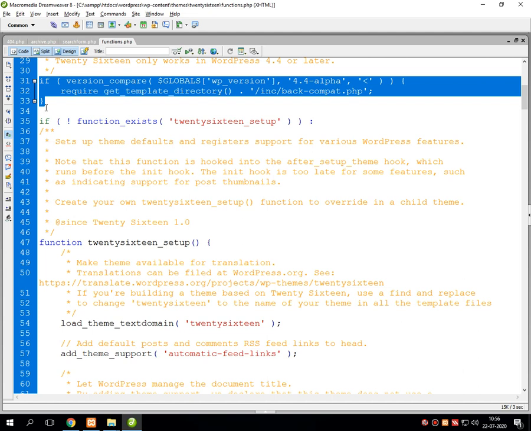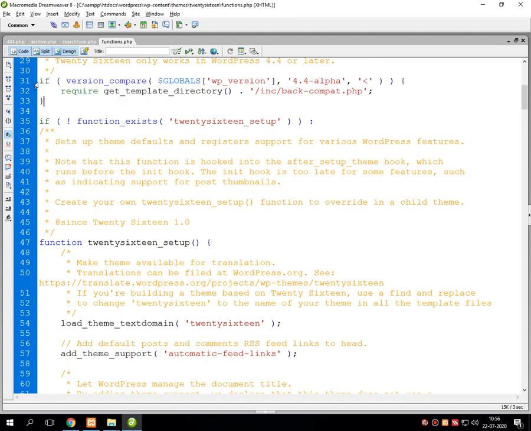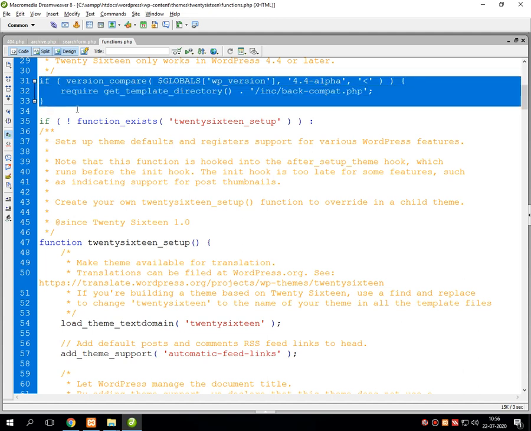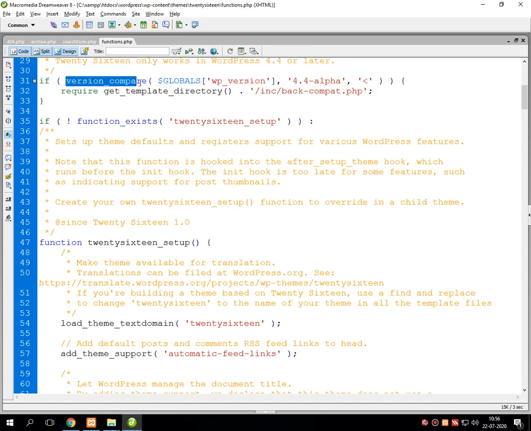Then I changed the theme from the newer one to the older one that I had already downloaded. It works very fine. So this particular decision-making statement called if checks for the version.